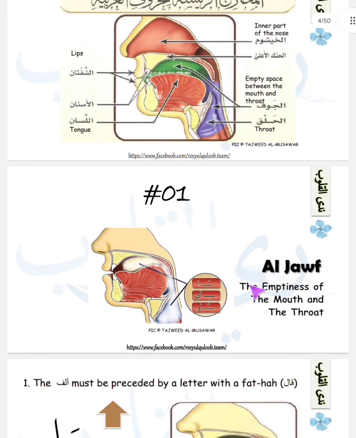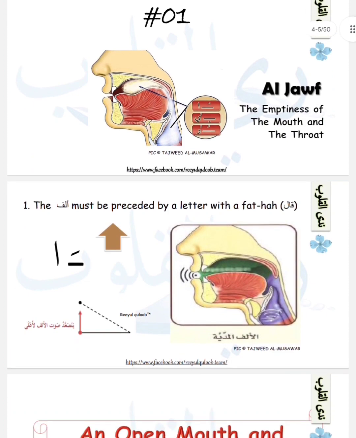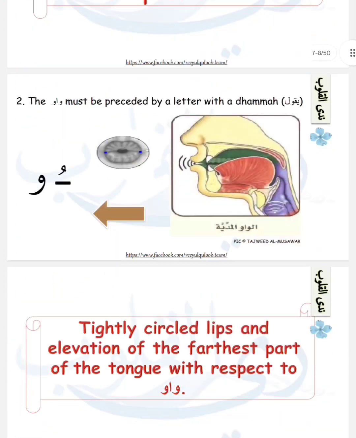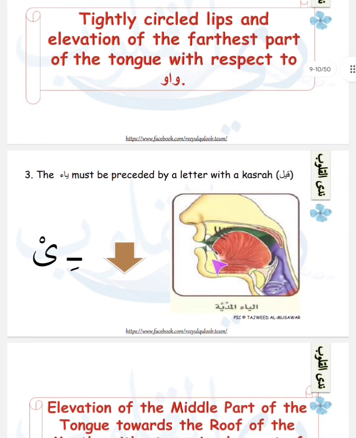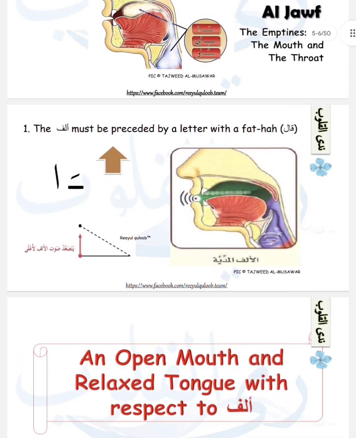And which letters come from here? The alif maddiya, and the waw maddiya, and the ya maddiya. What are these maddiya letters? Okay, so if you say qal, when I stretch the alif, this is the maddiya letter. This letter comes from the jawf. We don't know exactly where it comes from. Can you say it? Qal. Okay, and sometimes this alif is stretched more, and every time when we recite the Quran, I will tell you how long to stretch this alif. Qal.